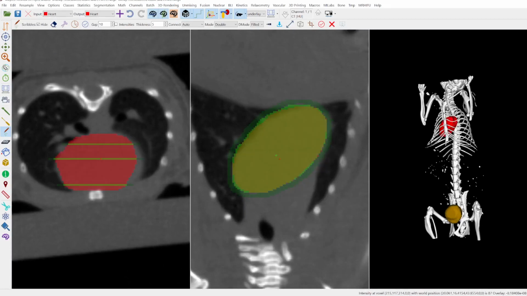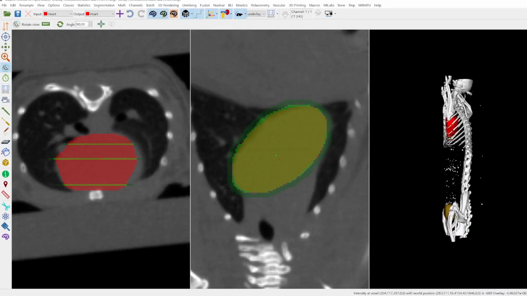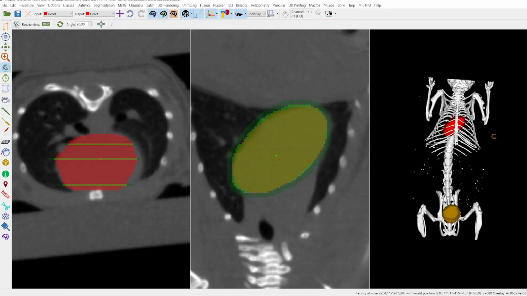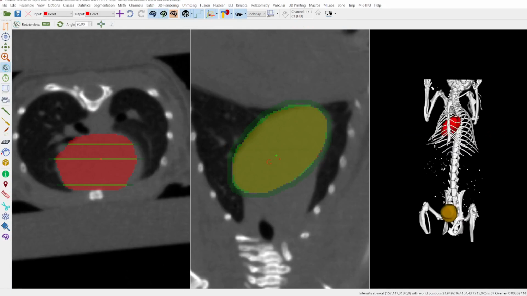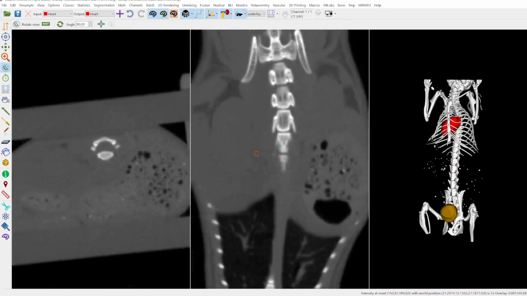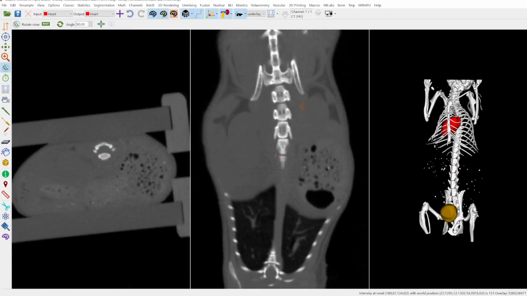I perform a smoothing. And I have my heart segmented. So with the scribble drawing, you can really segment convex organs in a very fast way. We also use it, for example, to segment the kidneys.